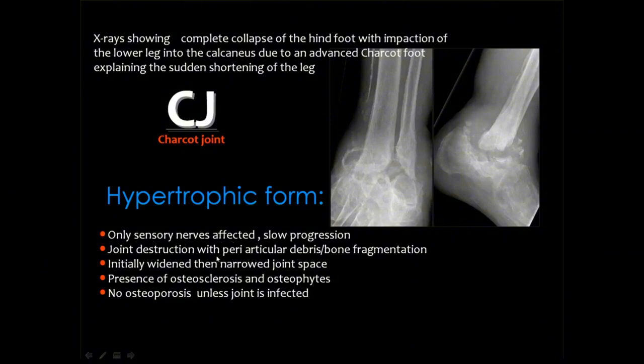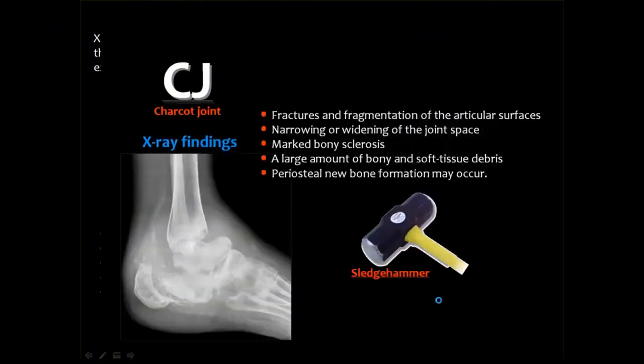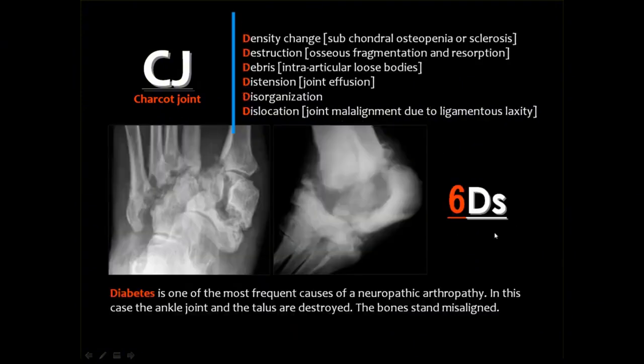And you got joint destruction with periarticular debris and fragmentations, widened, then destroyed joint space, osteosclerosis, osteophytes, no osteoporosis unless the development of acute infection. Then the joint looks as if it has been hit by a hammer. Then you got significant destructive changes, bone sclerosis, and joint derangement with, from the literature, the 6 Ds that are